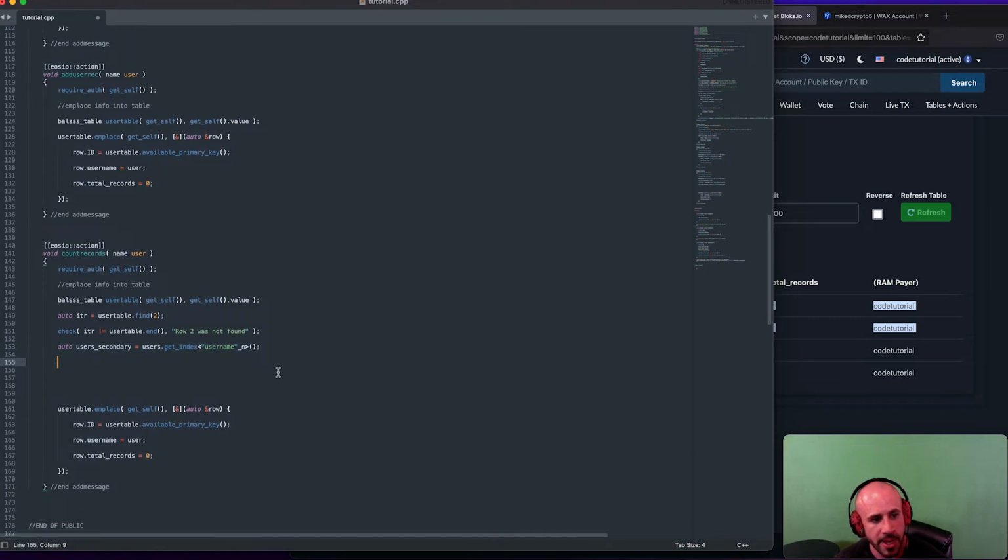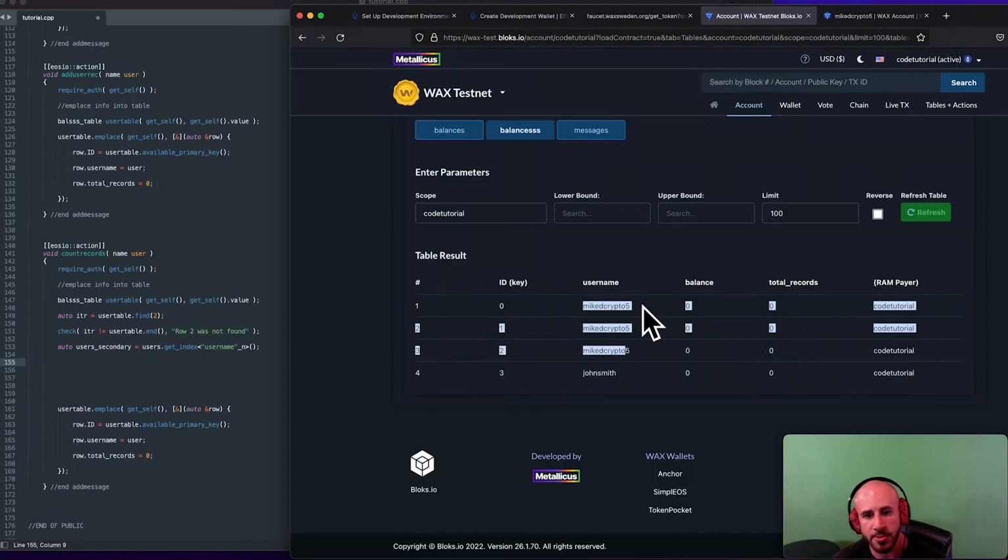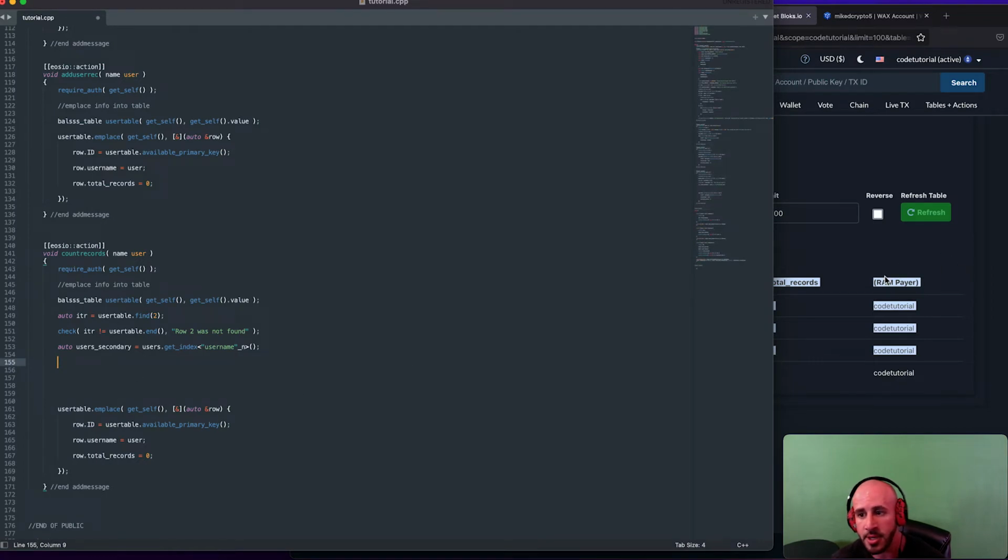All right, so now we know what that secondary index is, but how do we actually choose only the MikeDCrypto5 pieces from it, right? We don't want the whole secondary index. That's everything. That's pointless. What's the point of doing that? So we have to define a lower bound and an upper bound. So more copy and pasting. What we do is